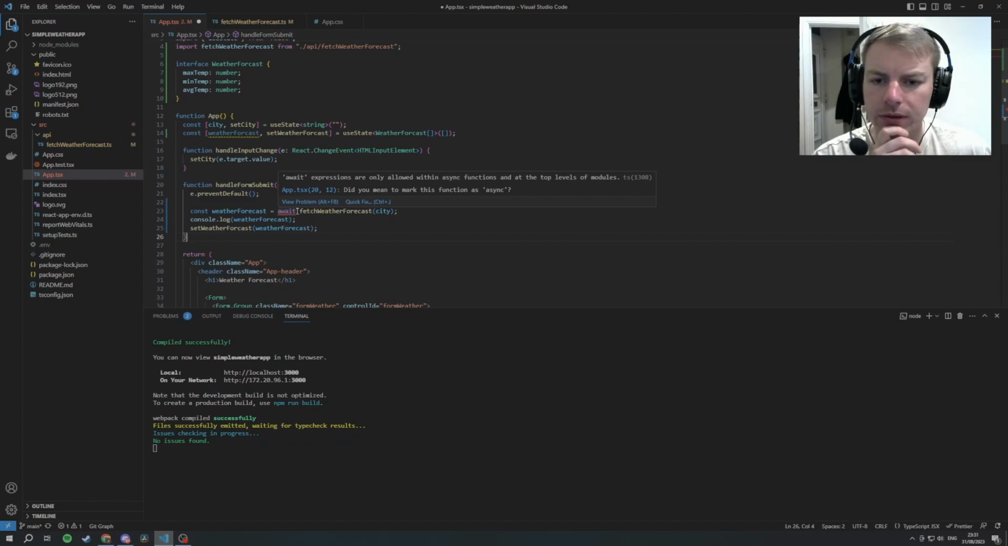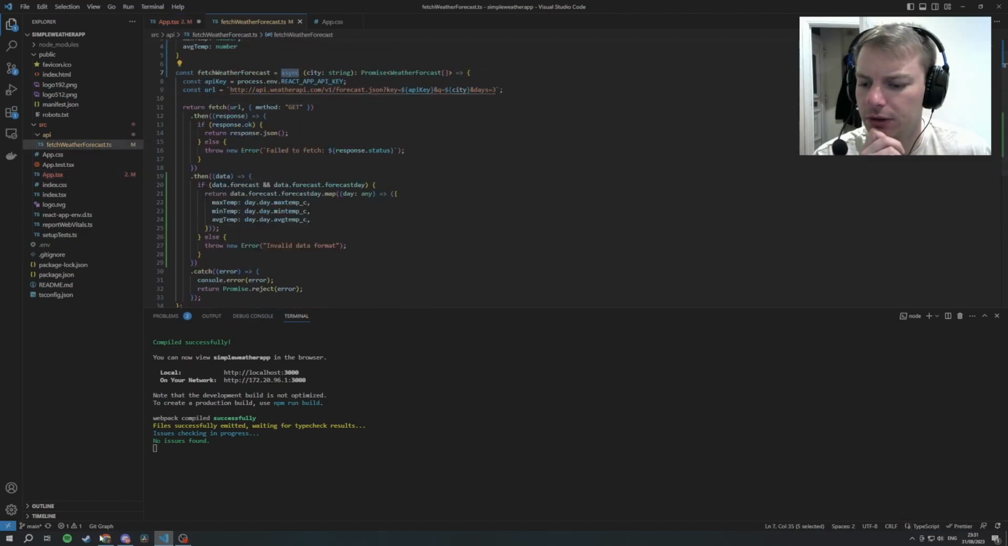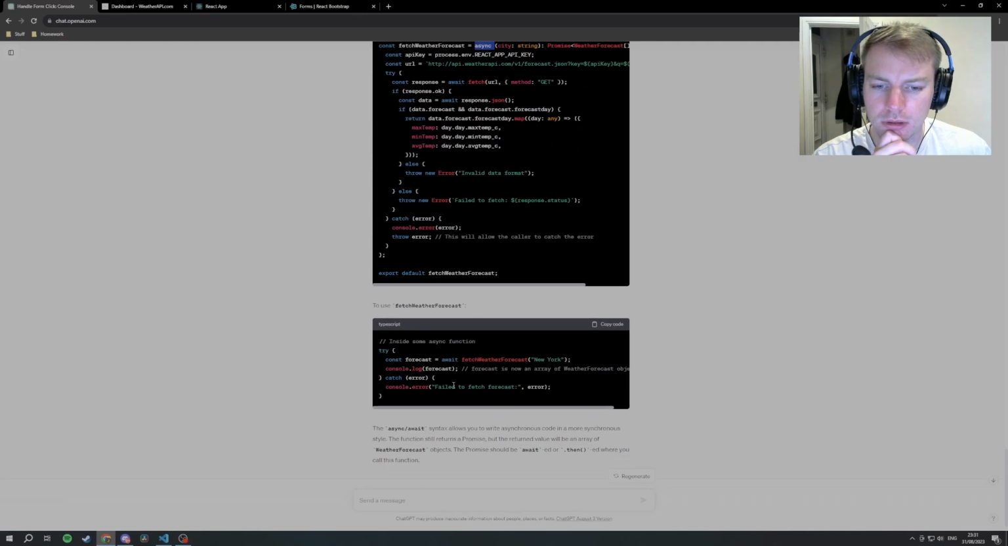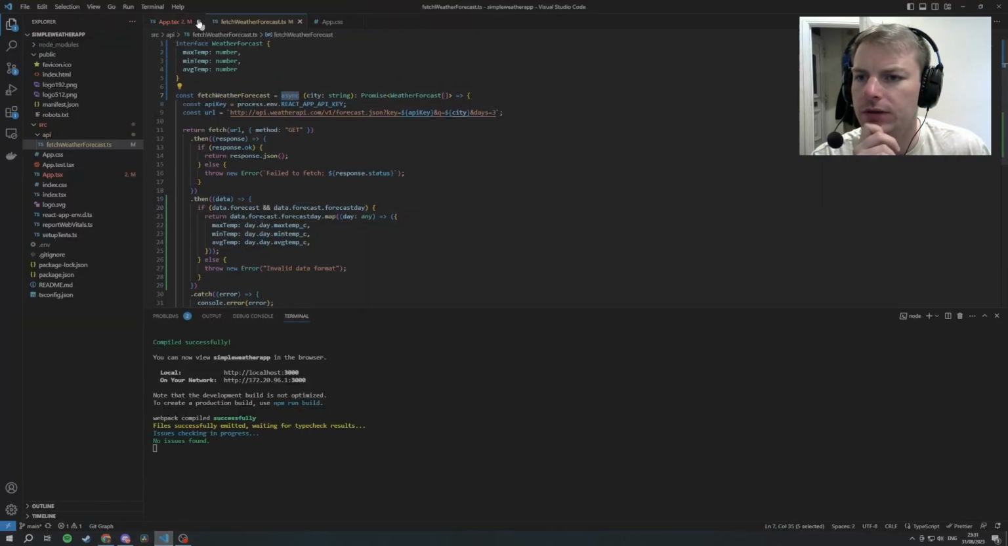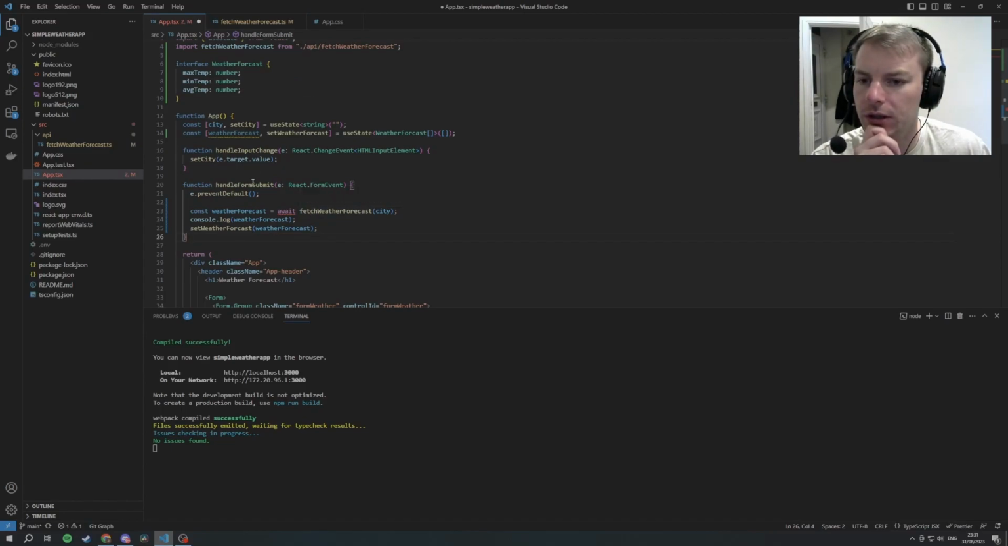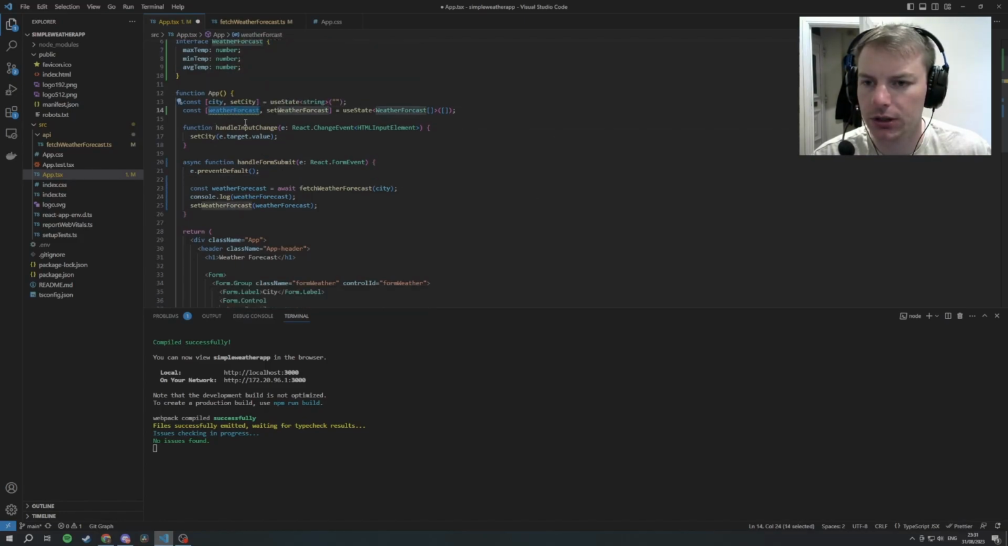Await expressions are only allowed. Did you mean? So I thought that's all I needed. Let me check this again. Okay. Await. So we have an async here. Oh, does it want to make the app itself async? Oh, it's the function that calls it. Okay, that makes sense. I guess I didn't see that here. Great. Okay, so now we have this weather forecast that is going to be updated whenever we click the button,